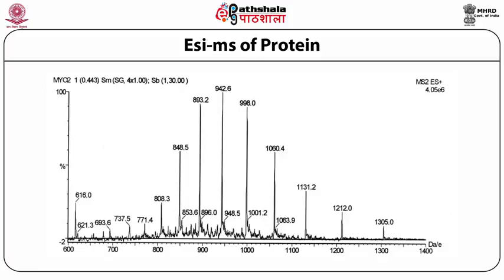This slide shows the electrospray mass spectrum of a protein. As I told you, multiply charged ions are formed in an electrospray spectrum for proteins or peptides. Here also you can see a lot of peaks. They are not singly ionized ions, they are actually multiply charged ions. Various charges are placed on each peak, and then software is available where you deconvolute all these mass peaks and arrive at the molecular ion, or molecular weight, of the protein molecule.